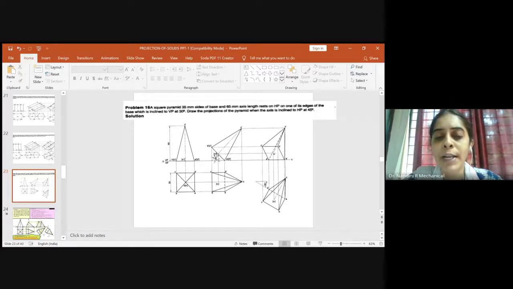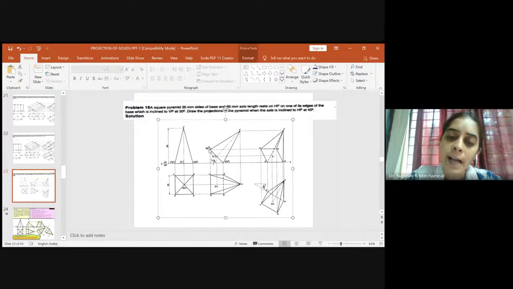So you name it as O1 dash, A1 dash and D1 dash. So this is over. After this, you just extend the line above. This line should be exactly perpendicular to our axis line. After extending this line, you measure this distance O1 dash to B1 dash, what is it, and cut an arc. Once you cut an arc on this perpendicular line of the base, you will name it as B1 dash and C1 dash. So you now got the base tilted to the 45-degree line.